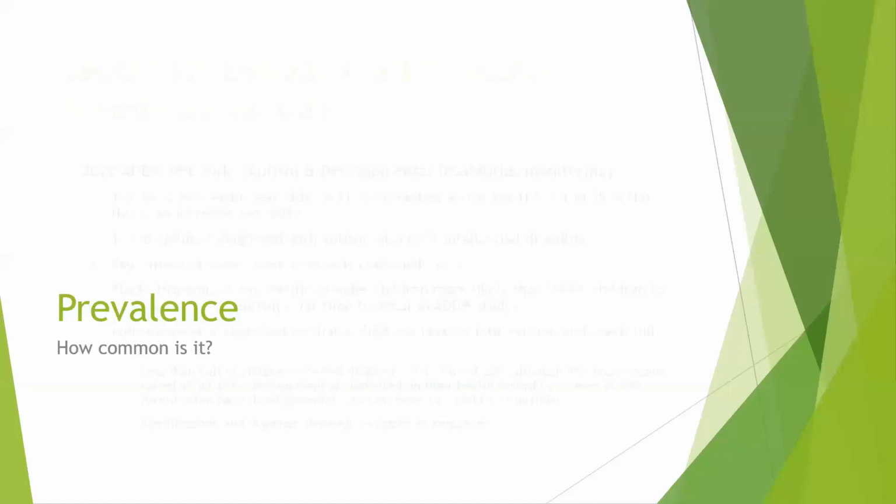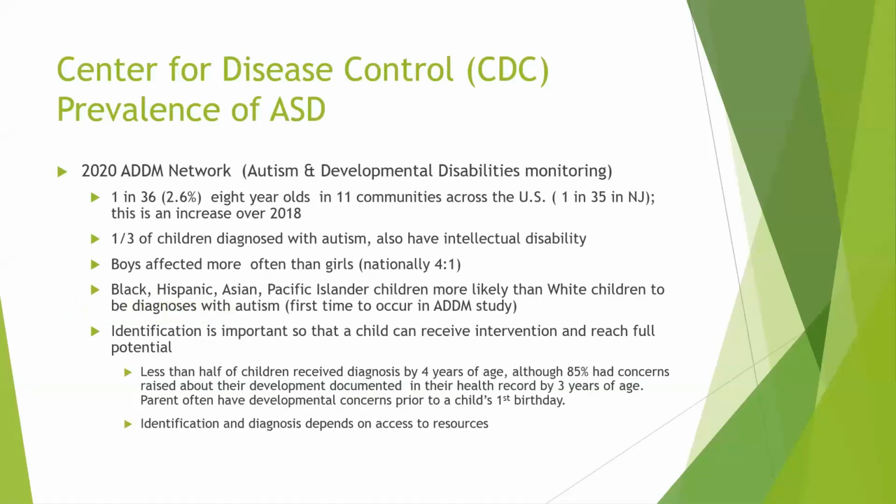Now, prevalence, how common is autism? In the 2020 autism diagnosis study, they've actually pegged the current prevalence in 8-year-olds, at least in 11 communities across the United States that they've looked into, as being 1 in 36. So that accounts for around 2.6%. And in New Jersey alone, it comes close to that, 1 in 35. So this is actually an increase in prevalence from the 2018 time point when they last